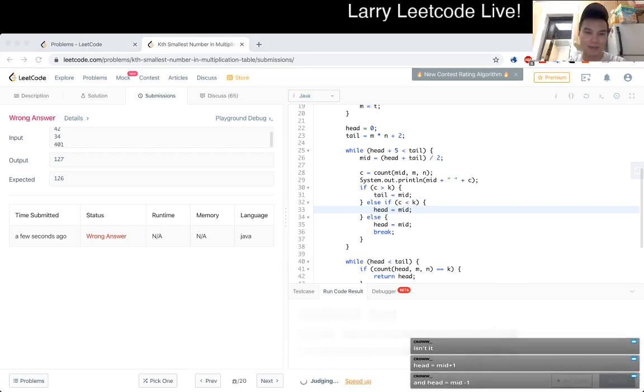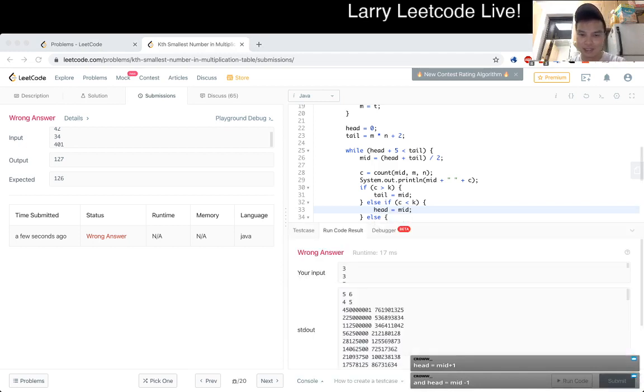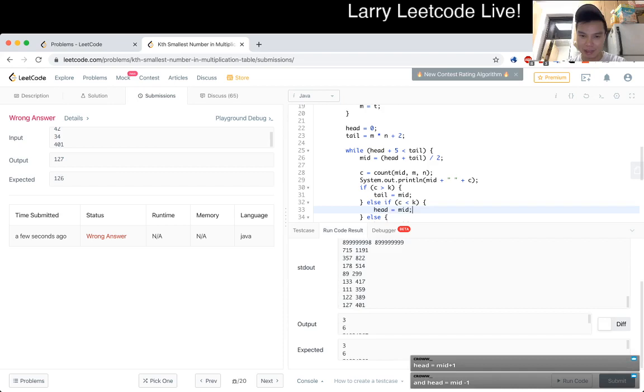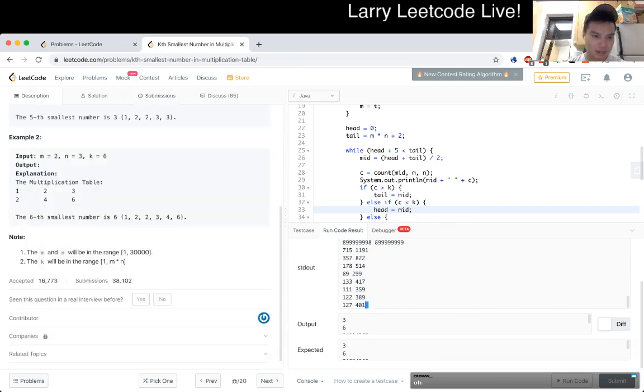I think that also gave me another error somewhere. So let me debug this one. Okay. So on 127, I get 4.1. Is that what? Oh, I think there's an off by 1 because I misread k, because I thought it was from 0 to m times n. So actually,